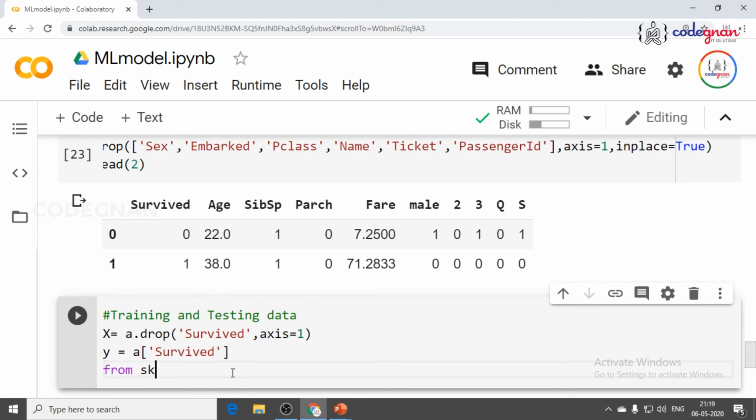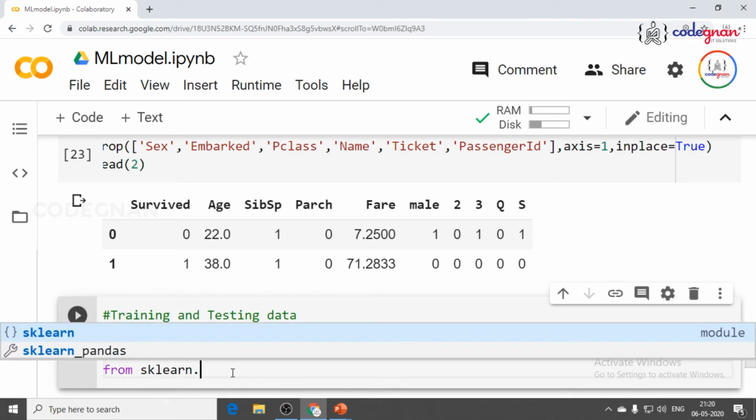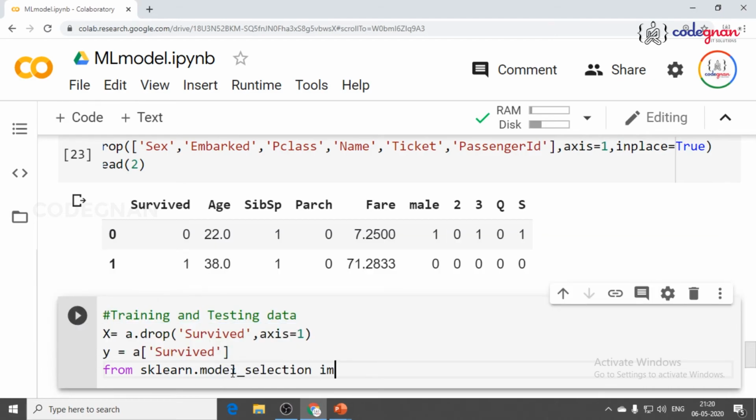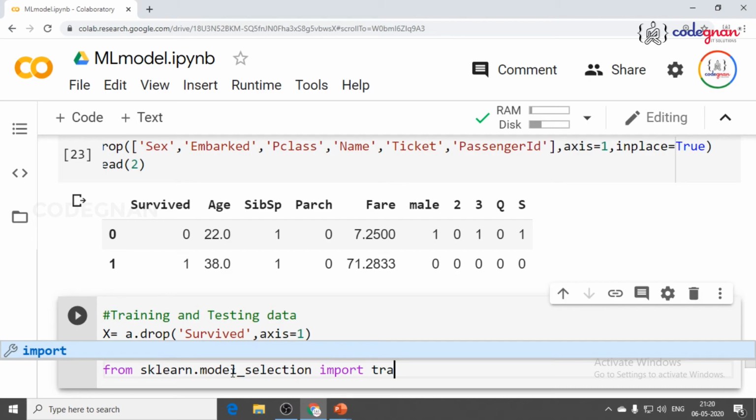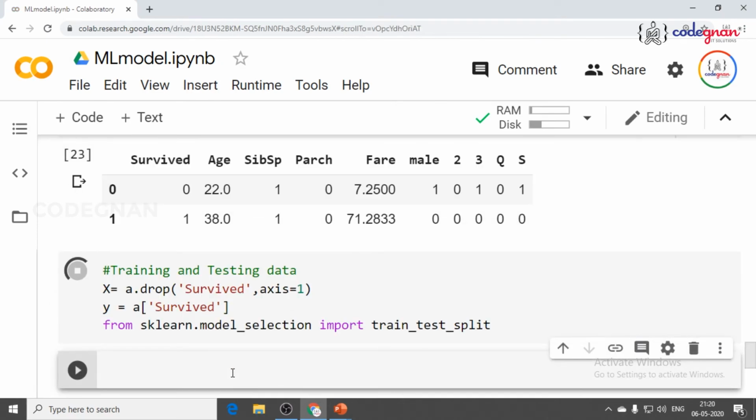Then you start importing the functionalities from the sklearn library. From sklearn dot model selection, you go for importing train_test_split, because you should split your data into training part and testing part. That's where our key factors come into picture.